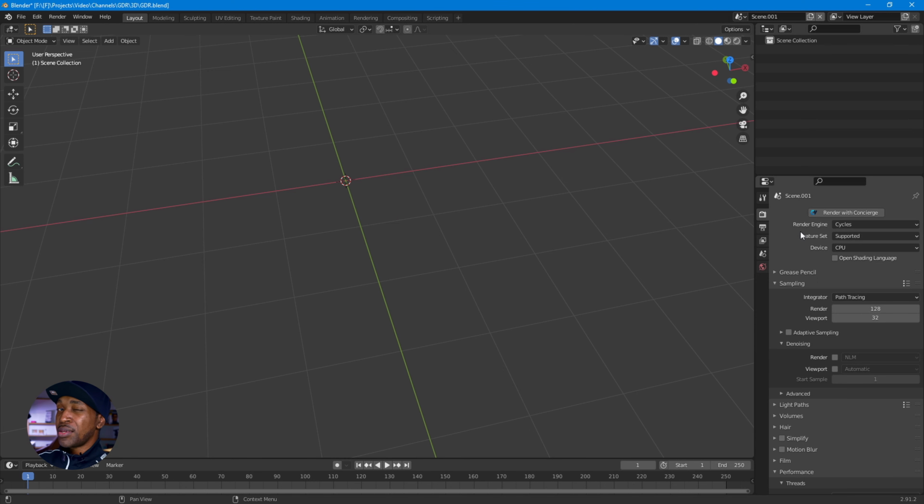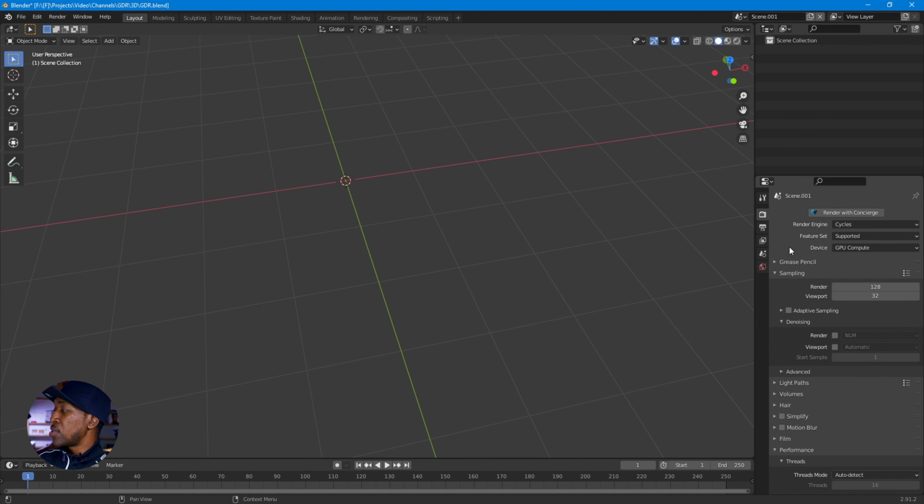I'm working on Eevee. I'll get there. Not quite there yet, but I'll get there. And we're going to drop this down and go into GPU so I can use the actual GPU in my system. Let's go to, so what I'm going to do is make the render time 50 because